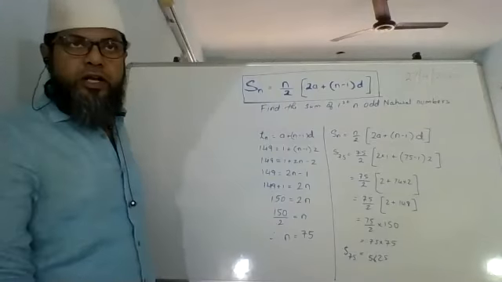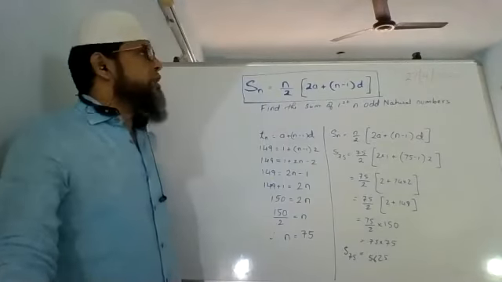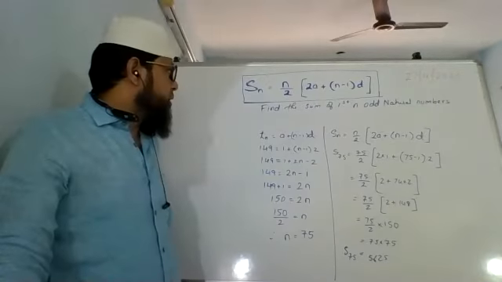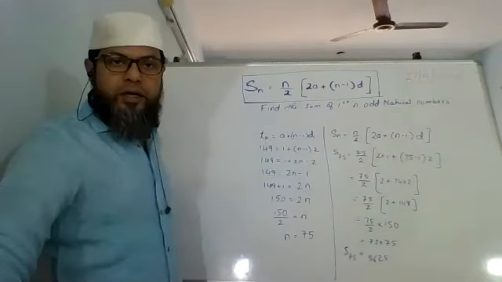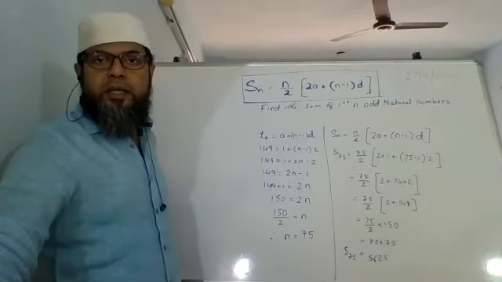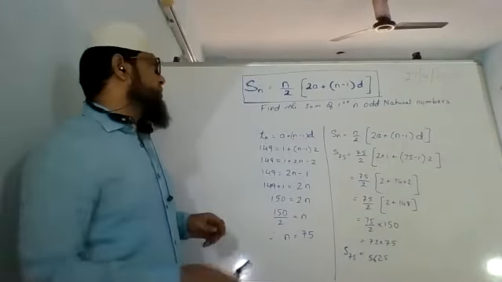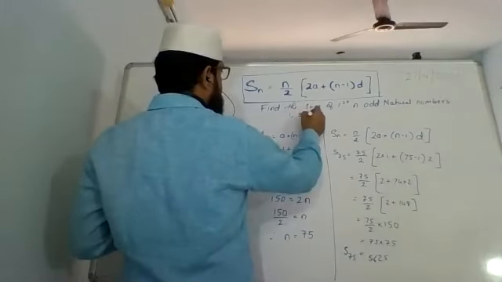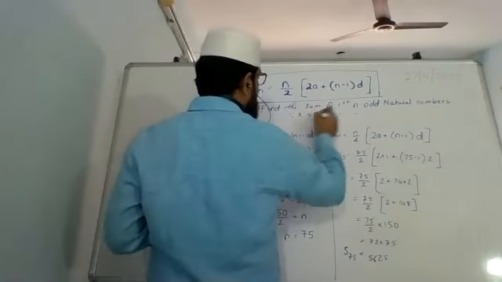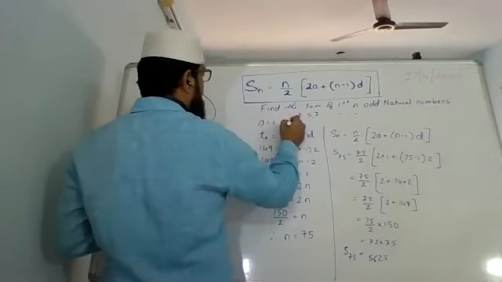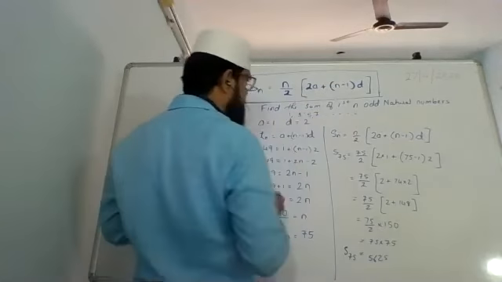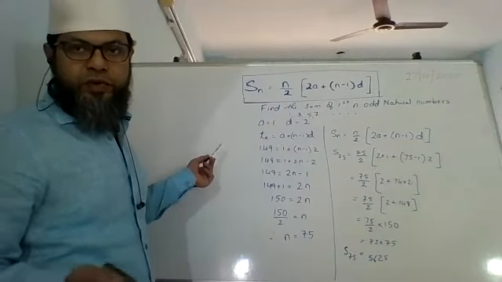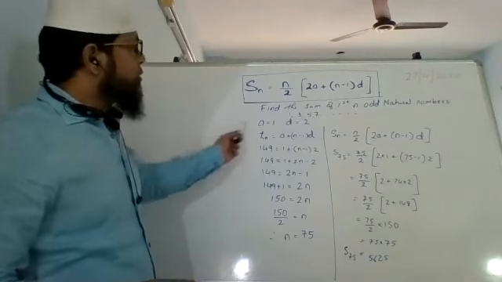Now what is n? They have not given us. This is open-ended. That means we have to find a general formula for the sum of n odd natural numbers. Here when we say natural and odd, it begins with 1, 3, and so on it will go. So again here a will be 1, d will be 2. Since there is no last term, they have not told us up to 150 or 500 or 700, it continues.